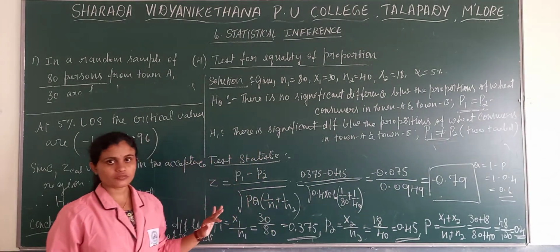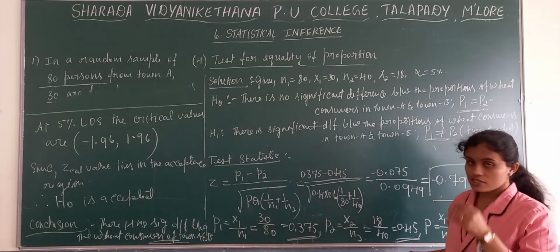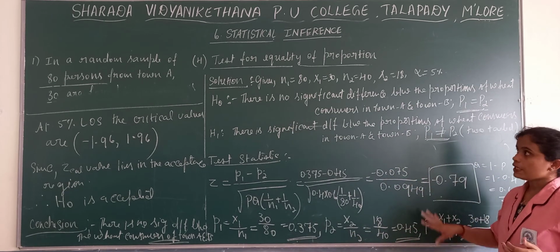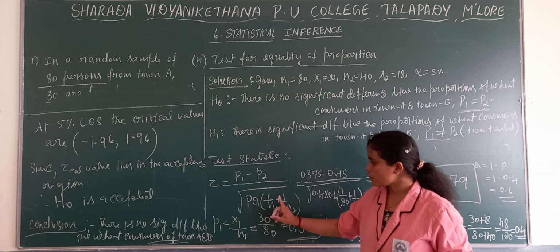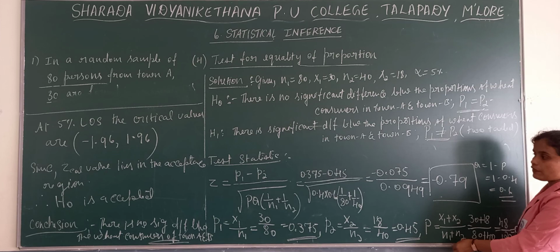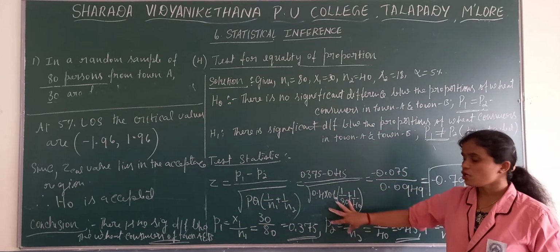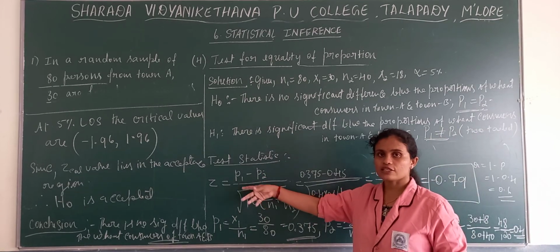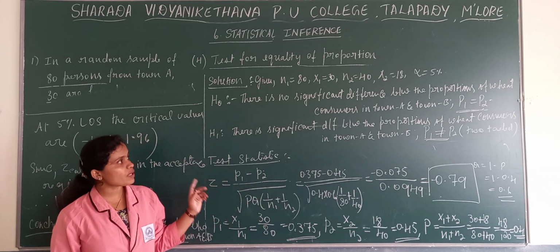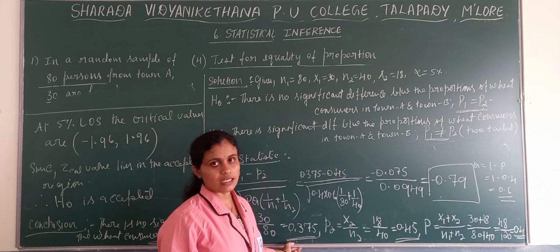Now, I think with this we can wind up today's session. You may have some other kind of problem, as I said, where we get proportions directly in the problem. In that problem, you need to study the formulas, how to find out P1, P2, as well as how to find out P values. The rest of the things are similar to other applications; only the formula is different. So this is the last application. We'll see some other problems under this application. Then we can move to the third unit of statistical inference. Thank you.